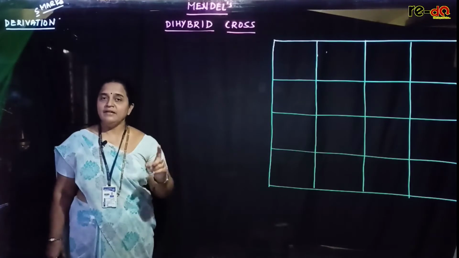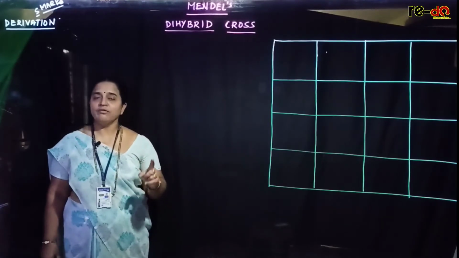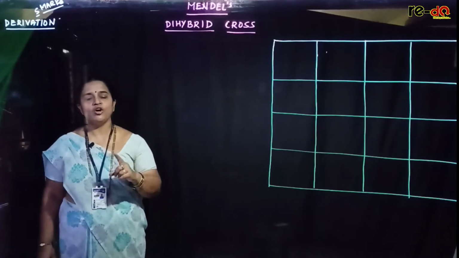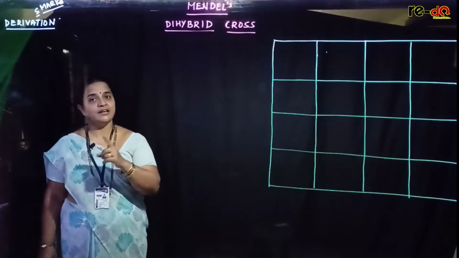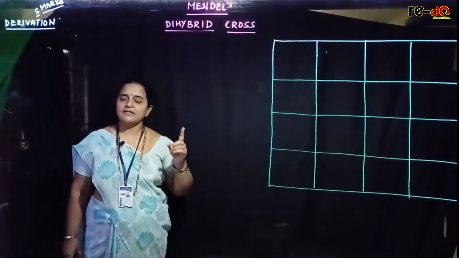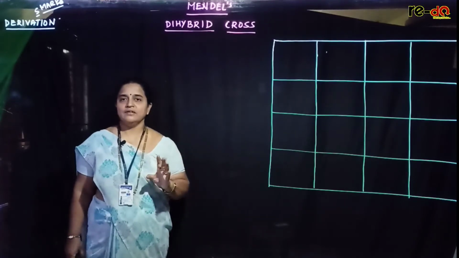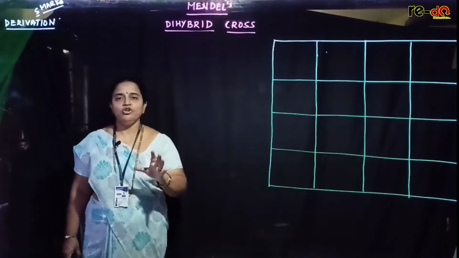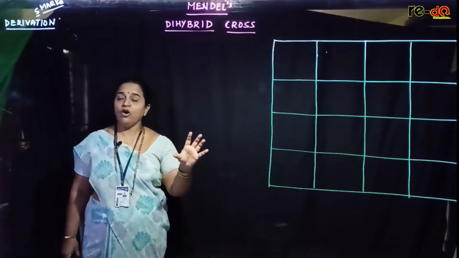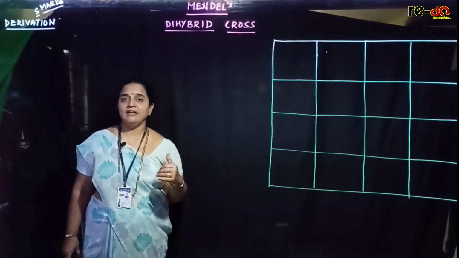example. Please remember, for the law of dominance and law of segregation, you need to explain the monohybrid experiment, taking tall and dwarf into consideration, the earlier derivation. And the law of independent assortment is completely based on the dihybrid cross. For this, you need to practice continuously because slight confusions may occur, especially when we write the gametes after selfing.